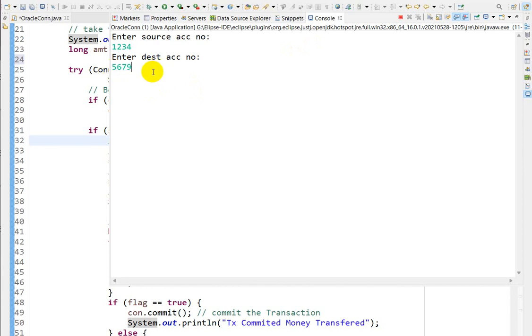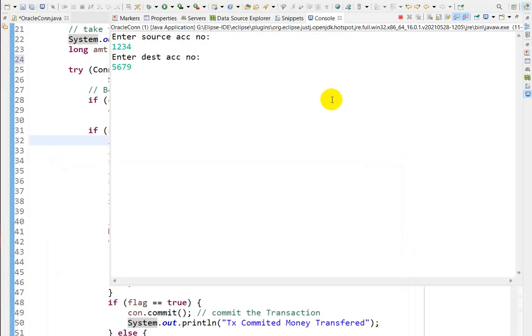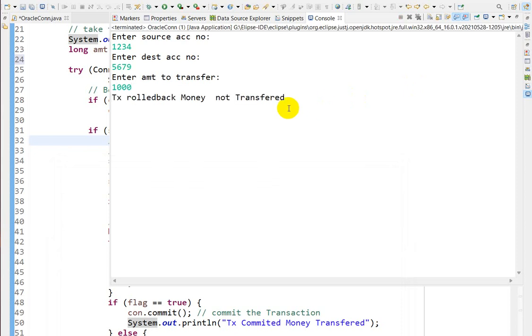In that case, the amount you are transferring should not be transferred, because you gave the wrong account number. Let us enter this, and you need to transfer 1000. Here we can see transaction rollback, money not transferred, because you did not give the correct account number.